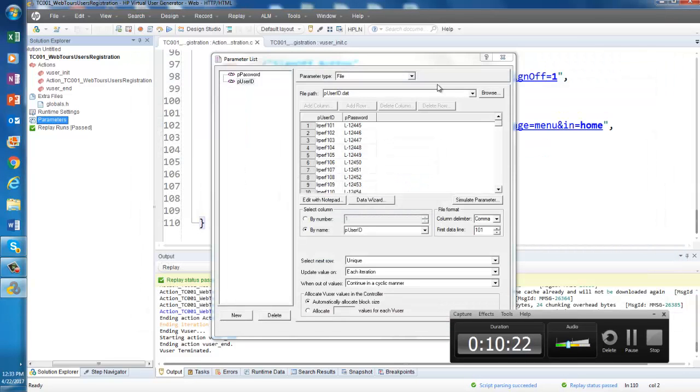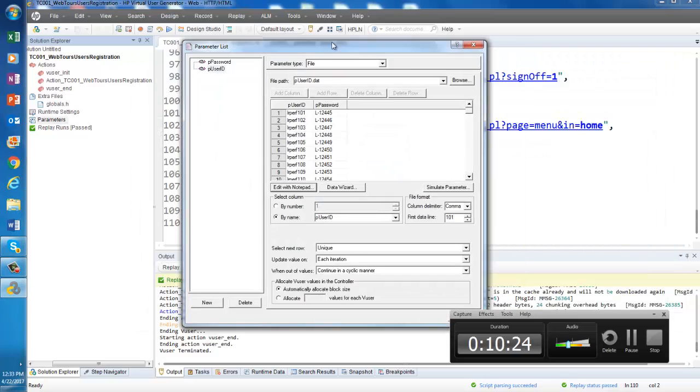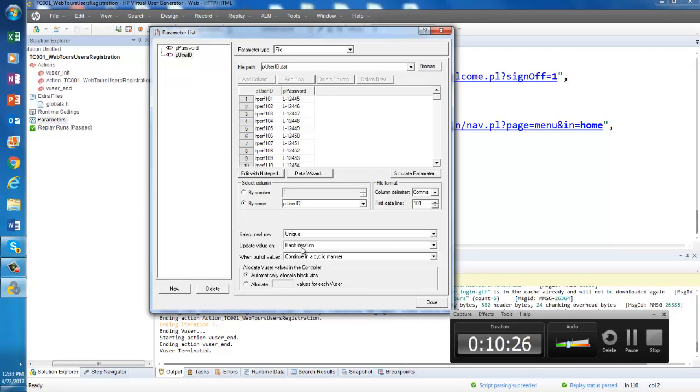Now, a lot of you, if the password is changed, it doesn't really matter because we are getting the same login anyway. But I prefer that for every user the password is the same. Here the password is different. If you want to troubleshoot, you will have to come here and check for this user what the password is. Right? Now take a look here. What is the first parameter here? User ID.